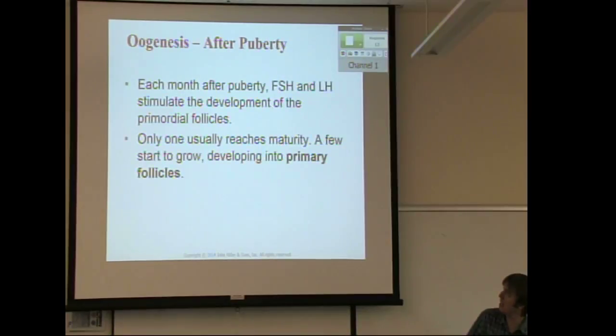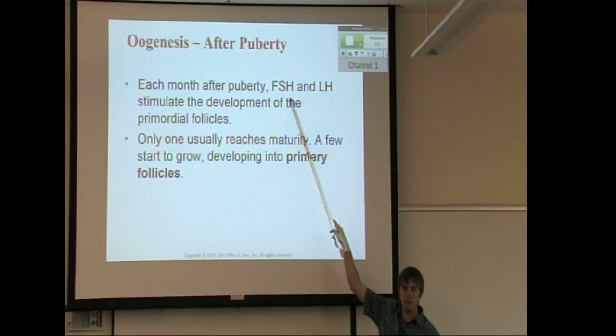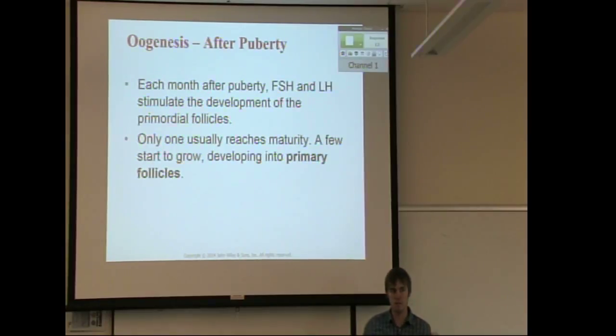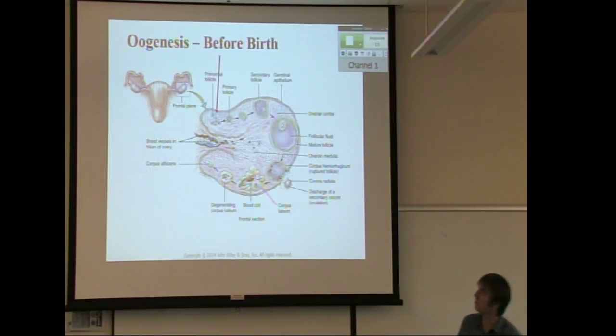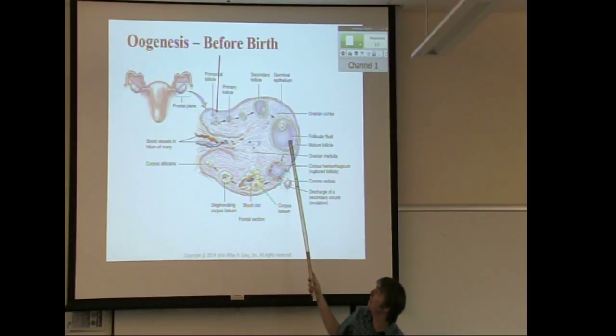And we won't go through all the stages, but mostly follicle stimulating hormone, which we'll talk about more later. Where is it made? Same in the males. Remember where FSH was made? It's made in the pituitary. It goes down to the ovary, and it tells those primary follicles to start developing, to make a secondary oocyte that can be ovulated in a little while. So you're starting at primordial, follicle stimulating hormone comes down and tells it to start developing, and it's eventually going to become this mature follicle.